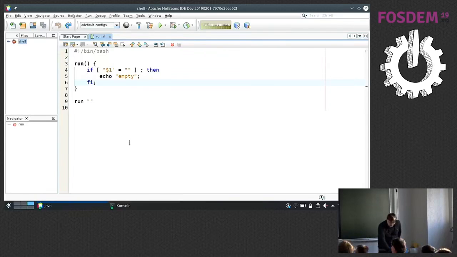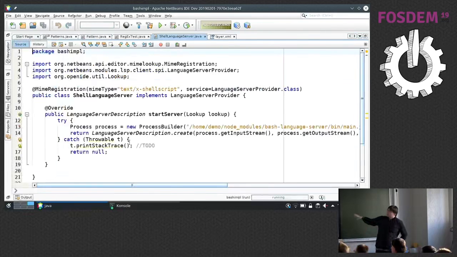And so, just to demonstrate what it means to add the support, as we have seen, to NetBeans. Right now, for the language server client, what needs to be done is to have a plugin that starts the server and registers it for some MIME type.